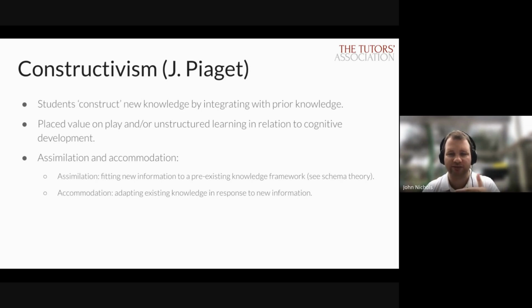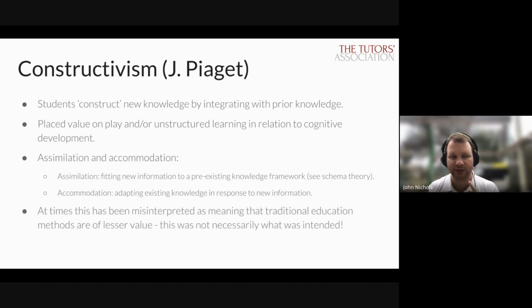The reason why plants can grow in soil is because the soil naturally provides things that the plants need, and it's possible to replace that and do it in a different way. So that's constructivism. Has anyone got any particular questions about constructivism before we move swiftly onwards, or any particular comment? Nope. Okay, great. Right.